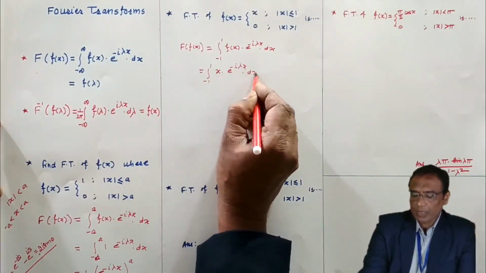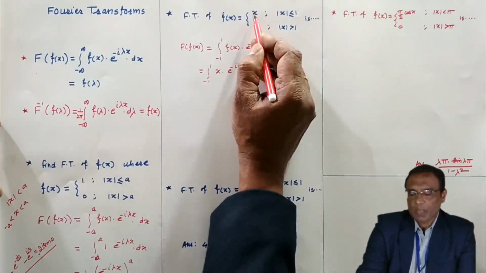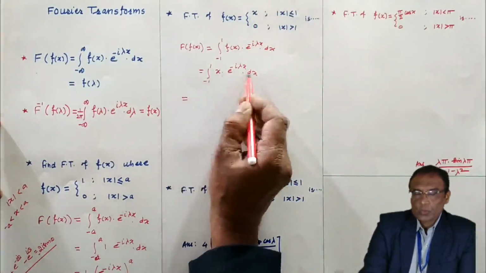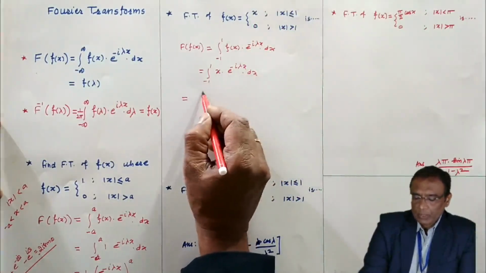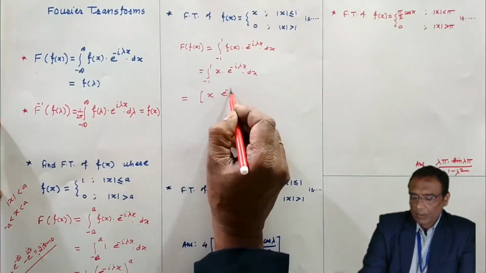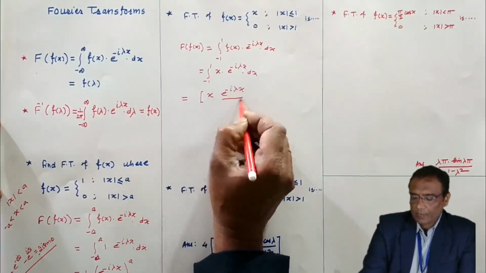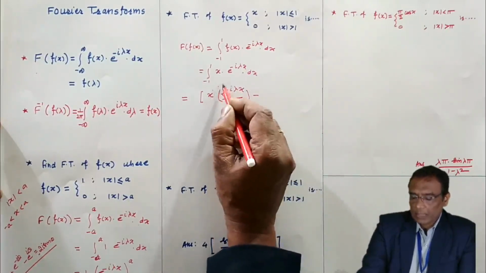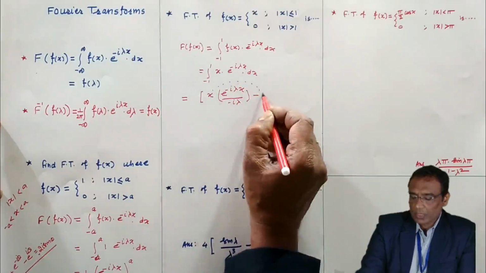From minus 1 to 1, f(x) is x here, and e to the power minus i lambda x. In an examination, this x may be replaced by x by 2, or 2x, or any other variable. Now, use integration by parts and get the value. Here, I am using by parts: first function, integral of second function. This integral I am writing in the bracket, minus derivative of first function,